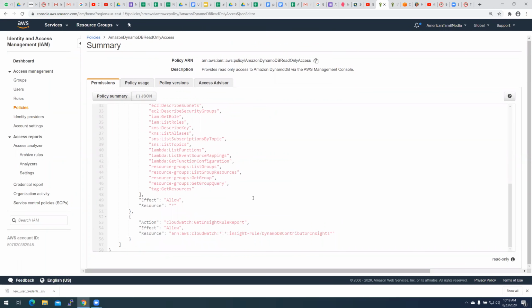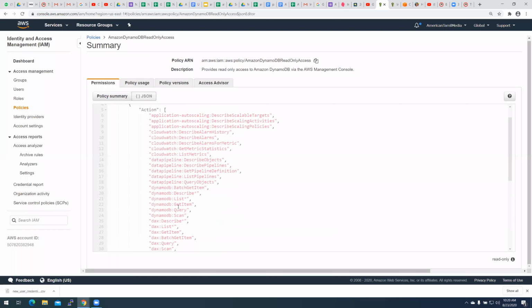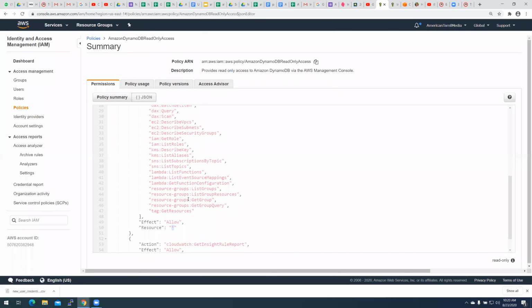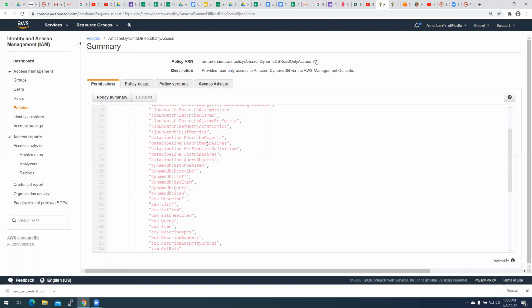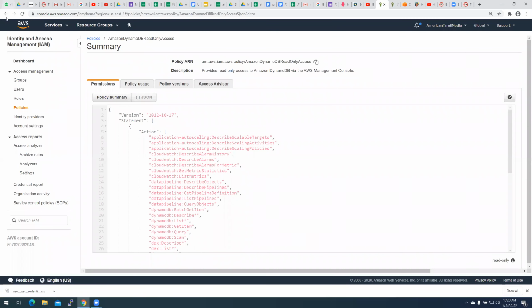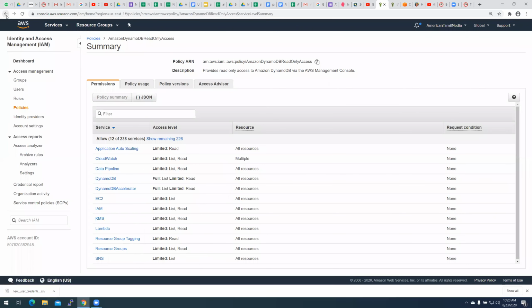So it is allowed on all the databases and tables. If you take the full access, instead of saying read, write, it will say everything, star. That's why you will not be able to see the details of the difference when you look at the full access.